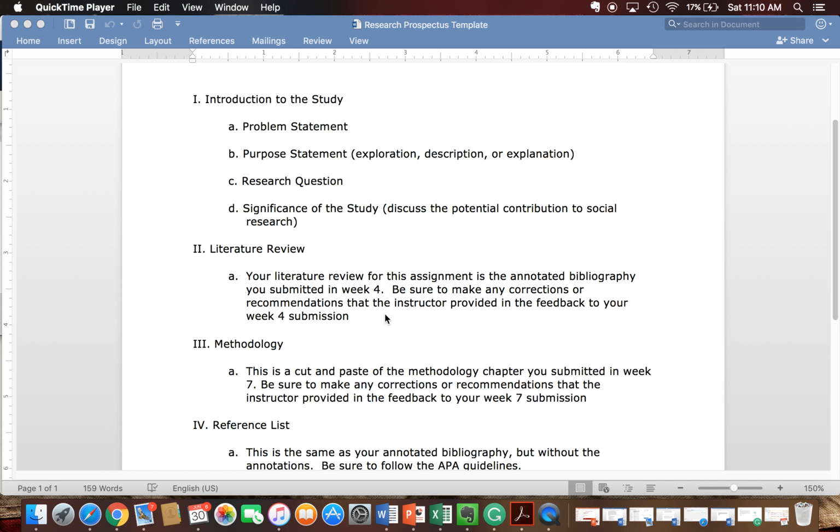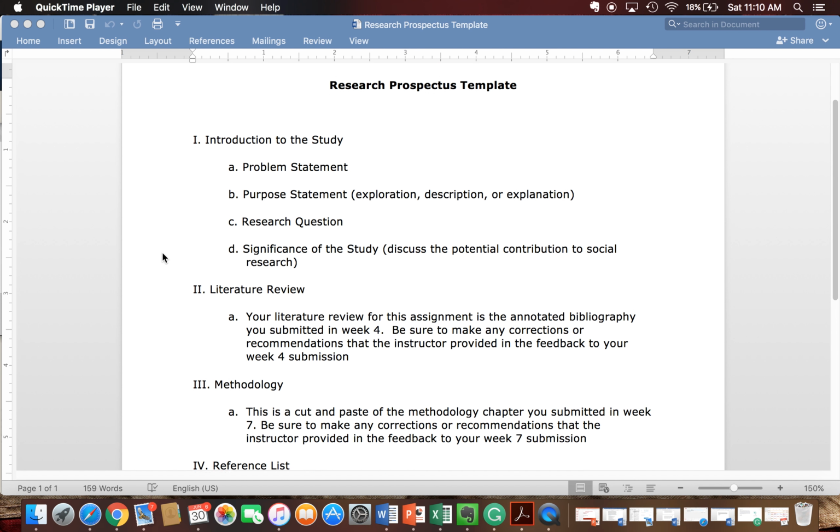With each one of these references or these works that you find, you are going to put a short paragraph or 2 of why it is applicable. What is the main purpose of the work, why you chose the work, and how it applies to your study. And you're going to find 15 of those. You're going to reference each one of these, write a quick paragraph or 2, combine those all together. That is your annotated bibliography, and that is going to be due in week 4, and that makes up your entire lit review. So after week 4, we have already written the first chapter and the second chapter of our